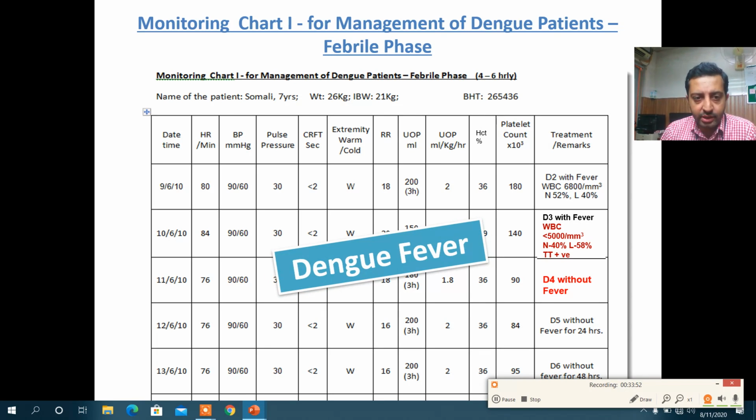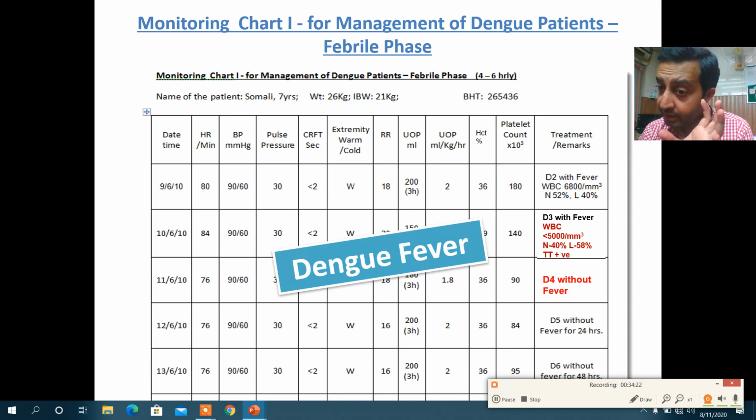ये एक पेशेंट है जो कि 9 तारीख को आया हमारे पास, 7 years ओल्ड है, 26 kg वेट है, और ये पहले दिन आया जनाब हमारे पास। डे 2 पे बुखार था और WBC काउंट थे इसके 6800, और उसके बाद डे 3 पे भी फीवर था और WBC काउंट उसका फॉल कर गया जैसे कि डेंगू में करते लेस देन 5000, और डे 4 पे भी विदाउट फीवर है।